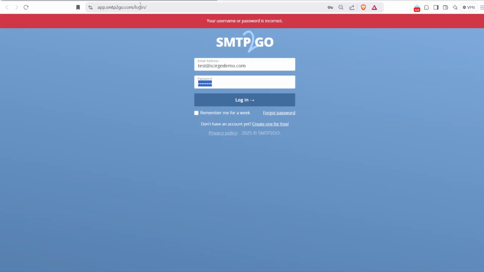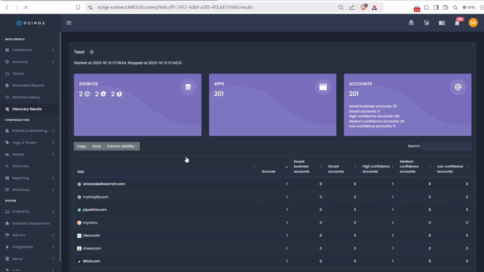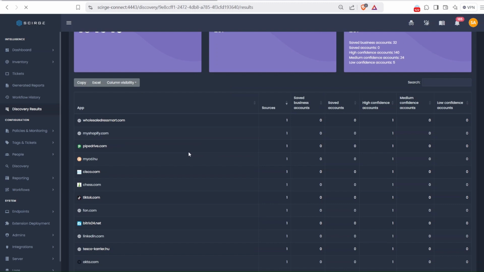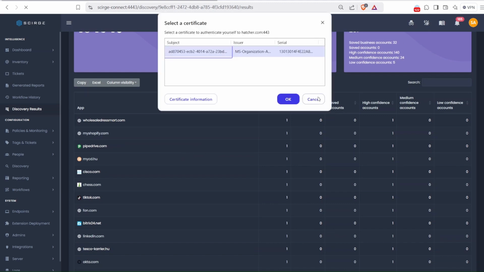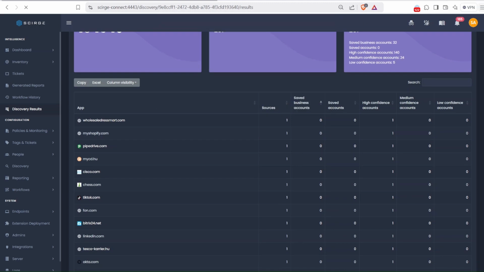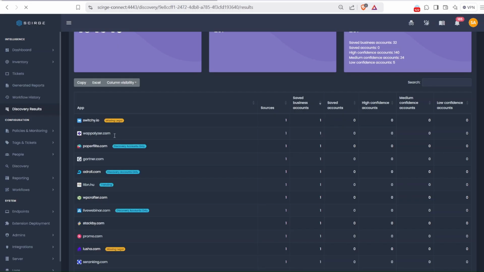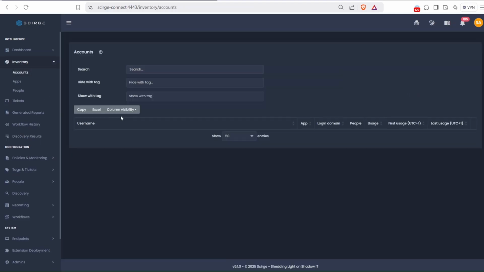If you visit an application and log in, the URL will have parameters such as login, sign up, register, that will tell us that it's likely an application. And also beyond the browsing history, we can collect the saved accounts from your browser. We do not collect the passwords, but the emails and the URLs. So we can immediately see exact accounts based on the business domains that you define in that policy. You can push them into the inventory